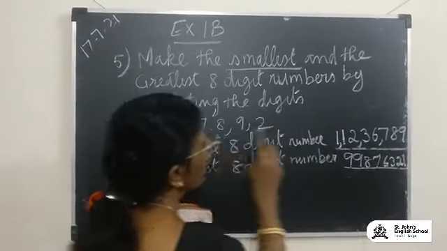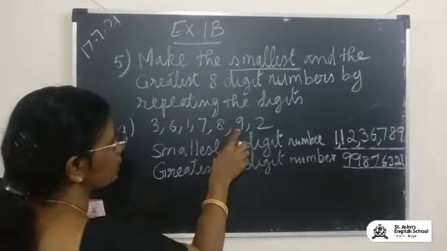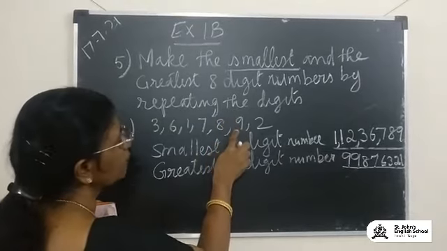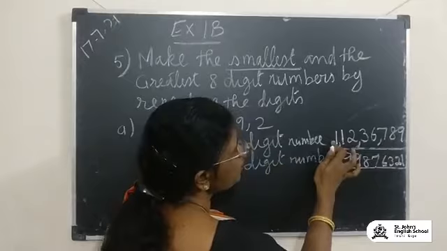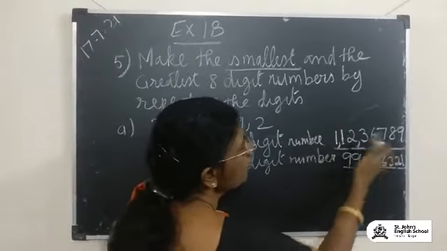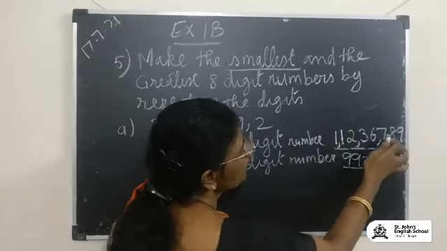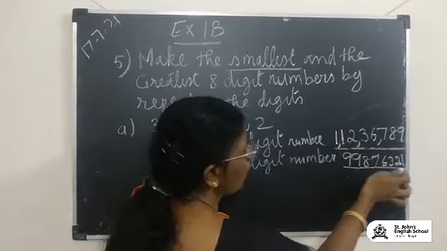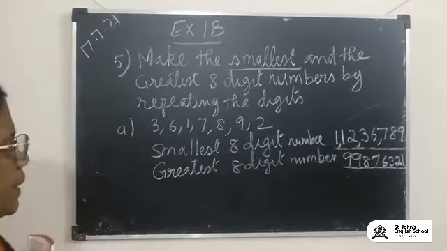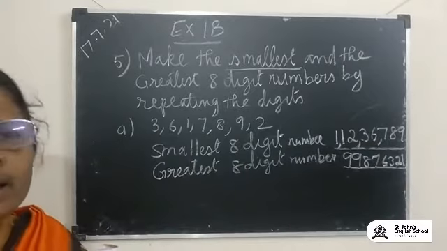So after writing the greatest number one more time, that is 9 one more time, you write from the big number to the small number, which is just the opposite of the previous sum. The previous smallest digits 8, 7, 6, 3, 2, 1. So this is going to be the greatest 8-digit number.